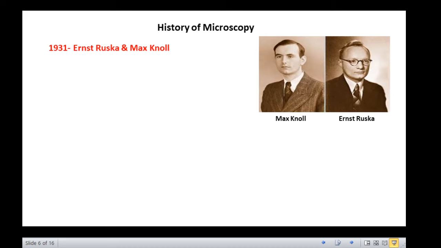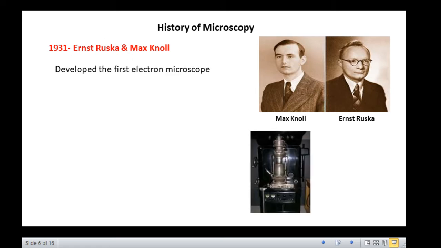In the year 1931, physicist Ernst Ruska and German electrical engineer Max Knoll invented the electron microscope. Instead of light, the electron microscope uses a focused beam of electrons to create an image. It's capable of far greater magnification and resolution than a light microscope, making it possible to view objects as small